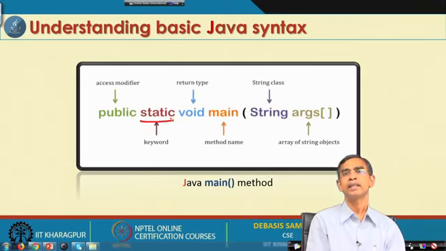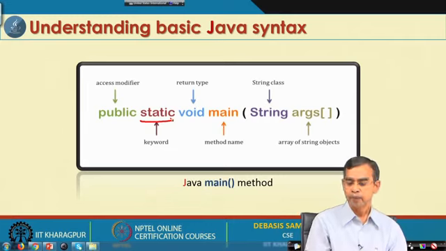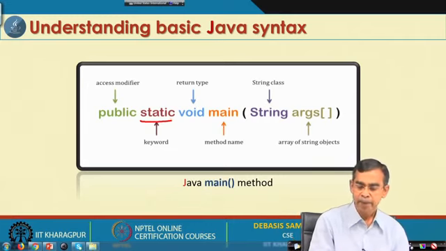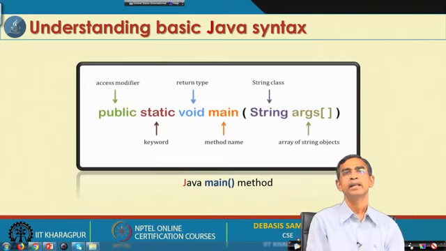Without creating any object, we will be able to call this method. So, if a method is declared static, no object is required to be created to access this method. In the main class we do not create any object, therefore the main method should be accessed without any object creation, and that is why the method has to be static. So, we have understood why public is the access specifier, and static is the keyword, so that we can access this method without any object instantiation, and void means the main method should not return anything.